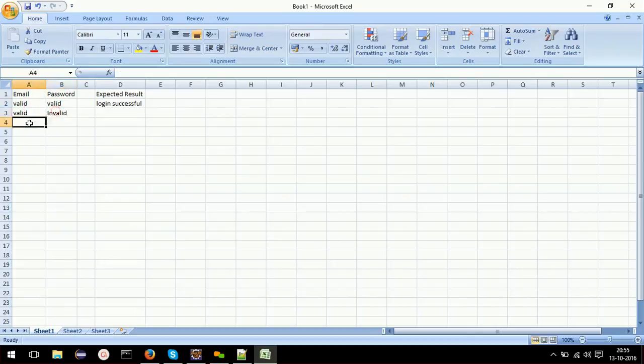Valid, valid, valid, invalid, valid, empty. Suppose empty password is also something we need to verify, right? Then invalid email, for invalid I'll repeat all the three combinations.